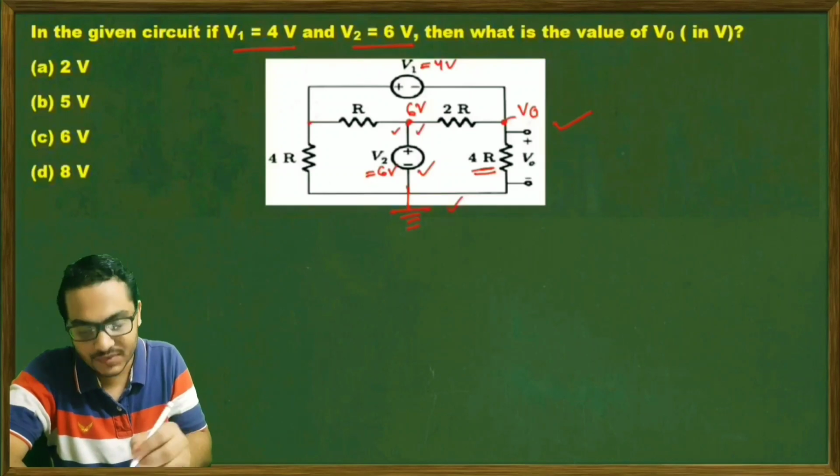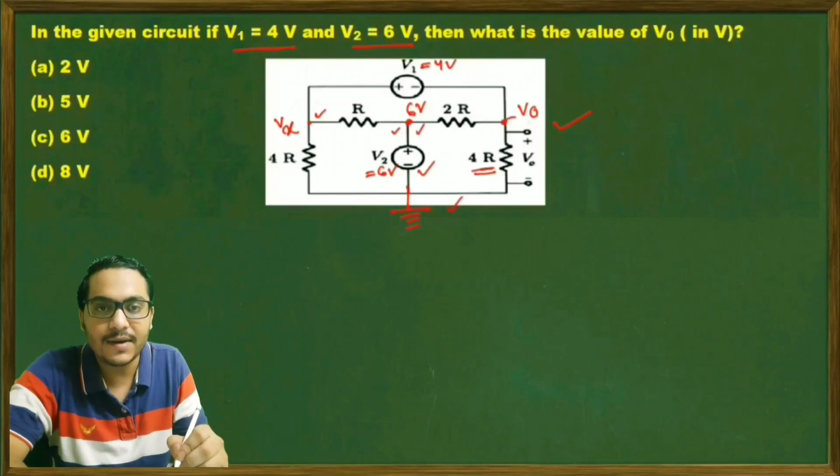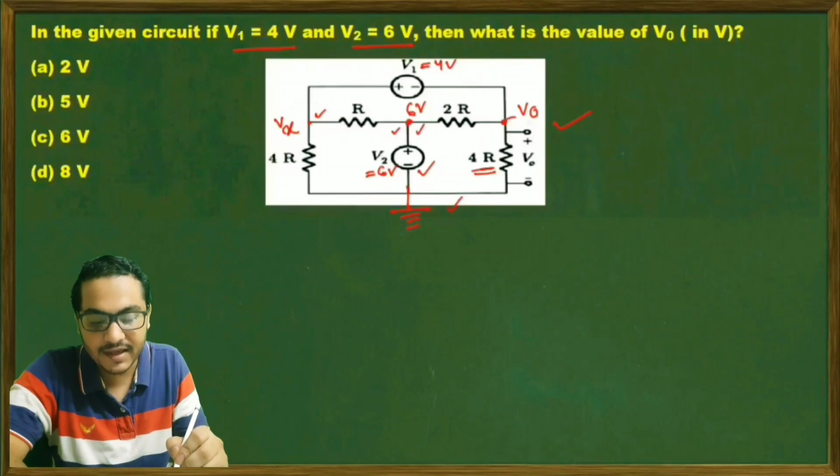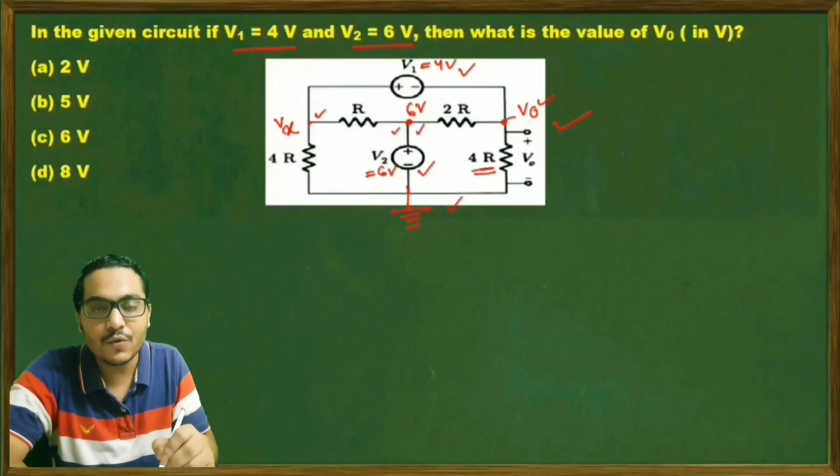Now let's assume that the voltage at this node is equal to Vx. Now if you are trying to apply KCL to the node Vx and V0, then you can't apply. Why? Because the current supplied by this V1 source will not be given, so we can't directly apply the KCL equation. Means we can't write the KCL equation for these two nodes. So how to handle this question? So there is a concept called the super node concept. So we are going to apply this concept.